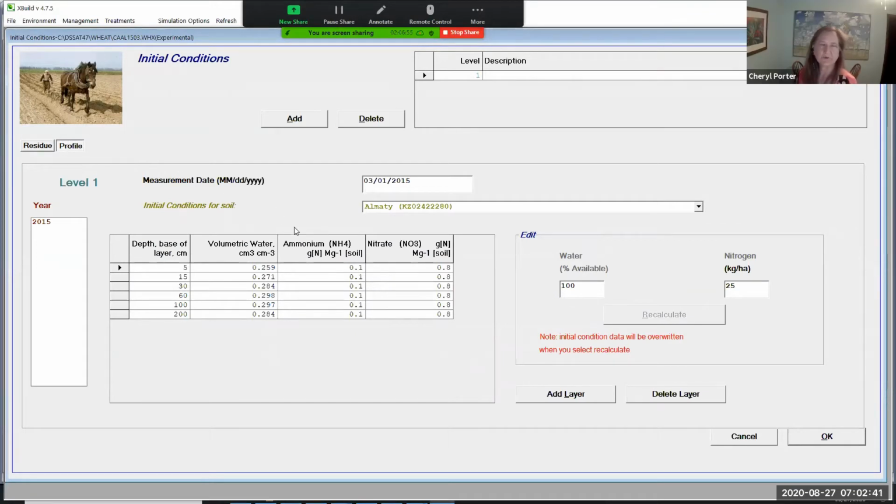Okay, and that brings up, you've seen this screen before for the soil water because previously we estimated the initial